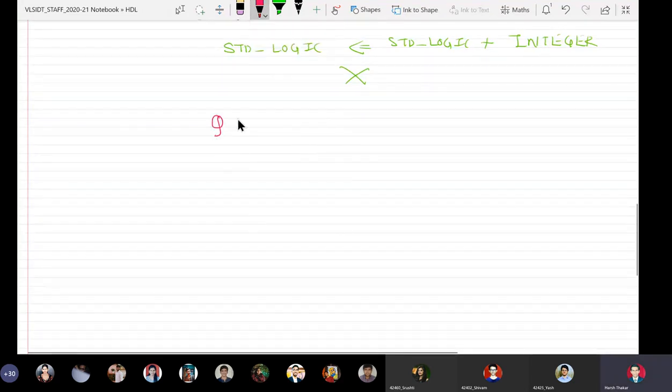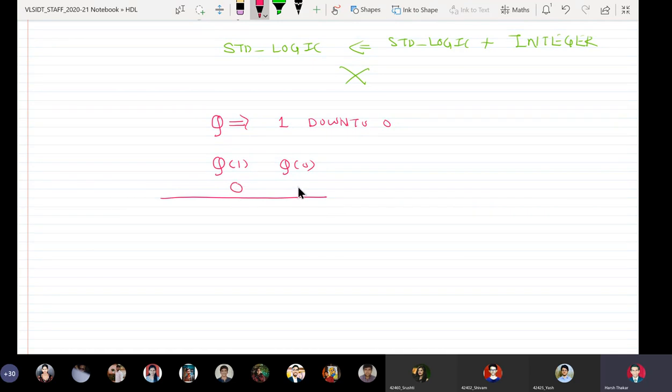Now my Q is defined 1 down to 0, so basically I have Q bracket 1 and Q bracket 0. If output is reset, first falling edge 0, 1, next falling edge 1, 0, next falling edge 1, 1, and next falling edge here, right?